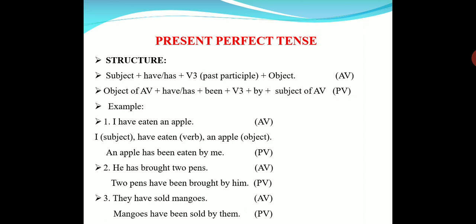If you are getting any confusion, what you have to do is practice tenses again and again. If you are clear with the structures of tenses, then active and passive voice becomes very, very easy. Okay, don't be worried. Again you go for the tenses class and you practice them, and active and passive voice becomes very easy for you.